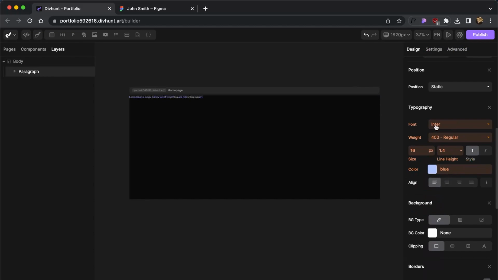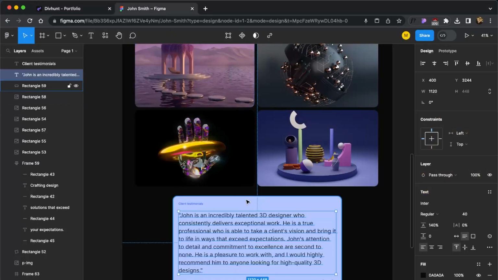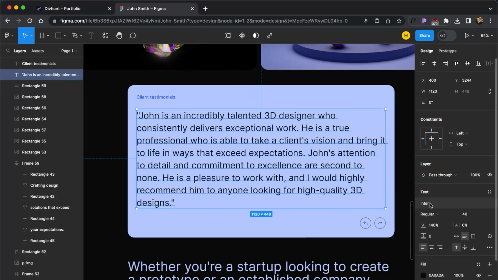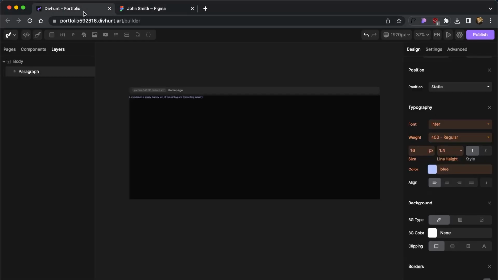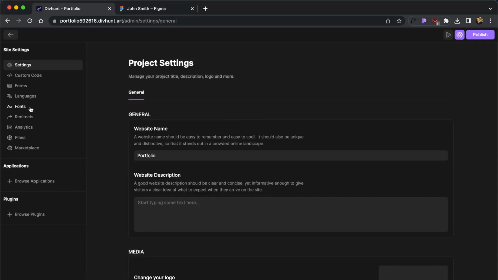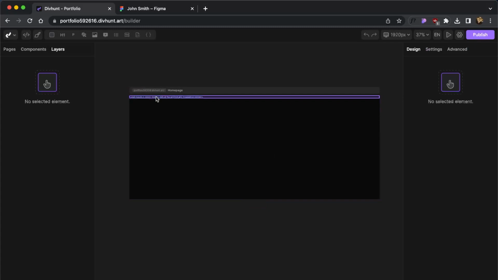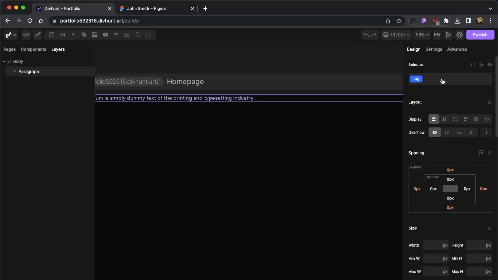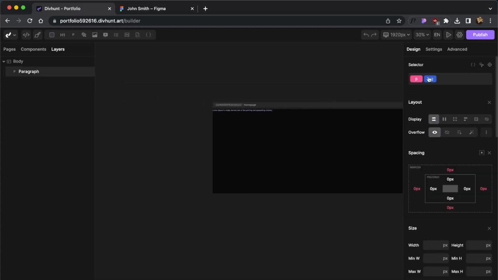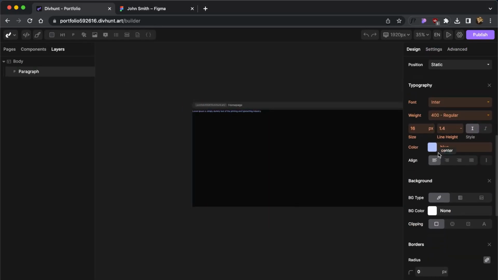The font is Inter in Divhunt by default, and it's the same in this design, so you don't have to change anything. But if your design requires a different font, you can always go to the settings, go to the fonts, and add the font you want. So let's close this, go back to paragraph and select the global tag of this paragraph, and let's say 40 pixels